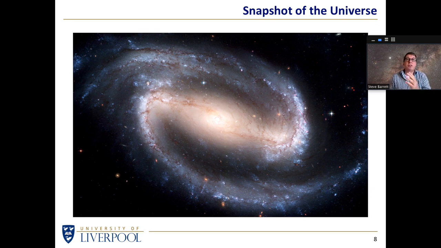galaxy. We might deduce that the glowing stuff there is from stars, but we can't work out a great deal about the dynamics of a galaxy and work out the rules of the game that tell us how that galaxy came to be simply by looking at a picture.